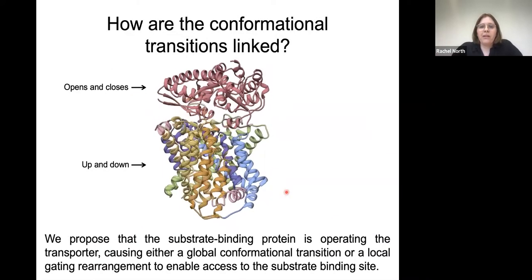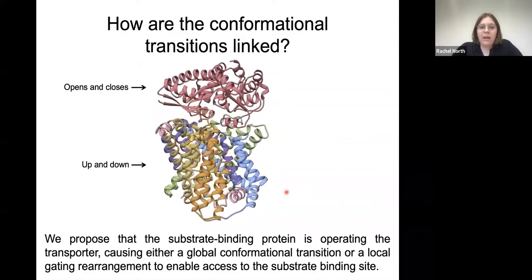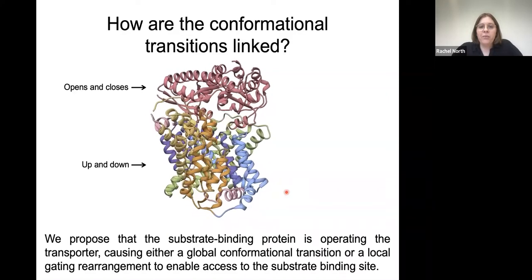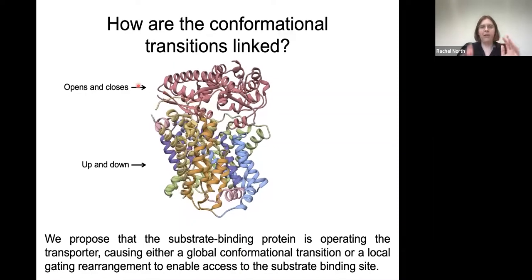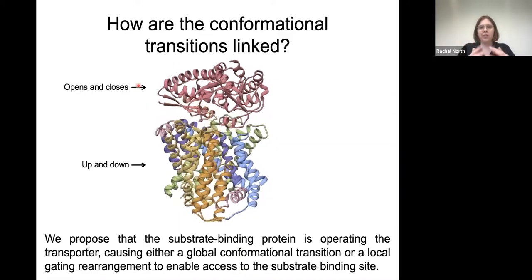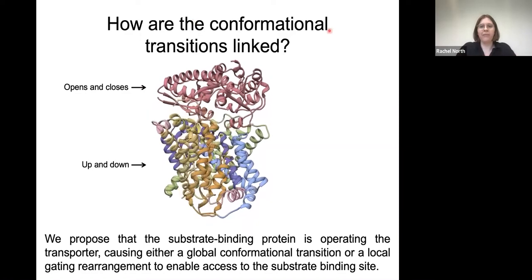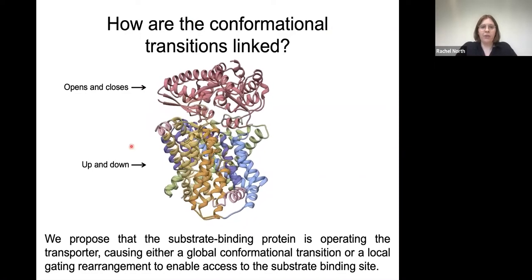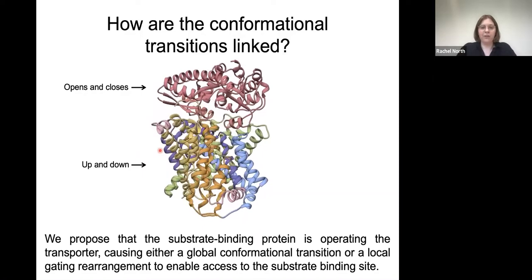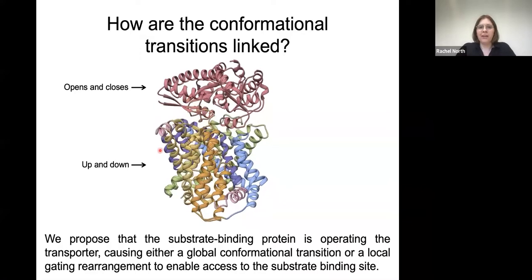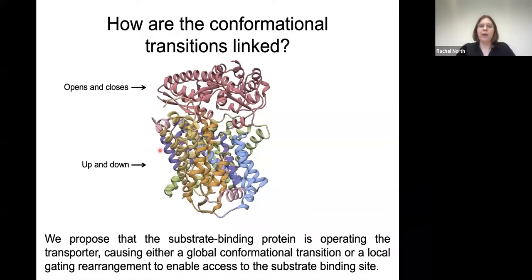So we know from our structures, the SiP and the SiQM, that we have these really large conformational transitions for both the proteins. For SiP, in the pinky red color at the top here, we have this really large opening and closing transition, which can be likened to that of a Venus flytrap. And for the transporter at the bottom here, we have this really large up and down movement, the elevator transition. We know that these conformational transitions happen, but we don't know how